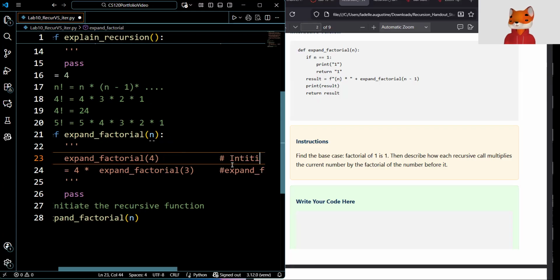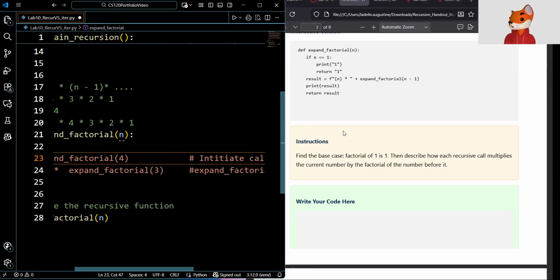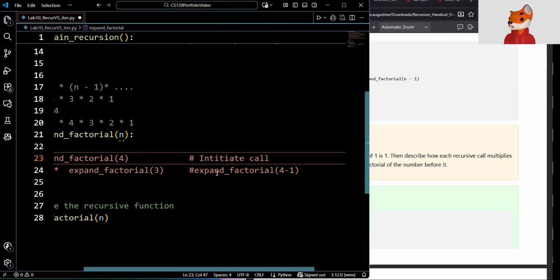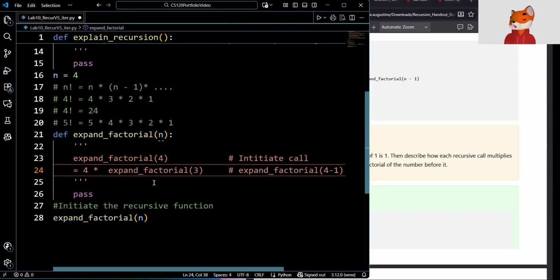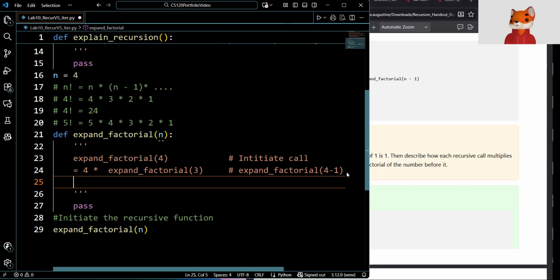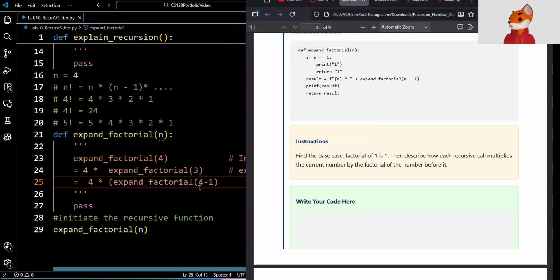Okay? So in this case, when we pass this in and it's 4 times the expand underscore factorial 4 minus 1 function call, we're going to now go ahead and go to the next process. So when we pass in 3, what happens there? Right? So what happens when we call 3? So in this case here,